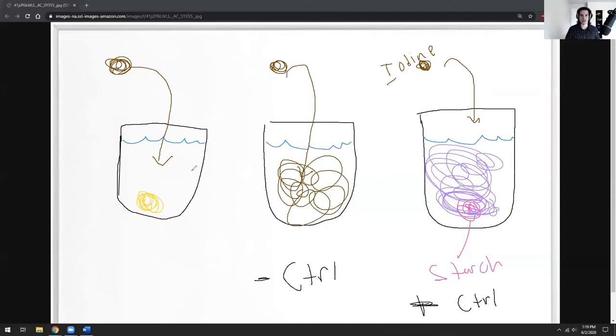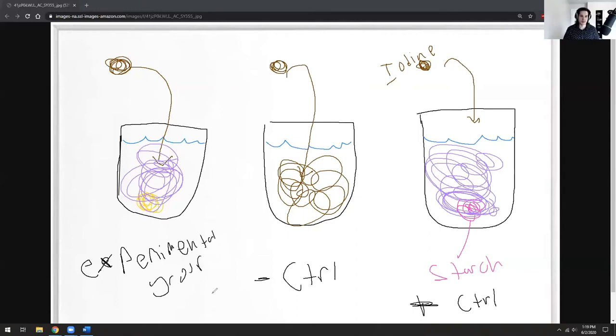Now, when we happen to do that in the lab, we get a purple solution. So here's our experimental group. We compare that to our negative control and our positive control, and then we determine whether it has a positive result or a negative result. So this is our experimental. You get the point, right? Okay, so that's that concept. We have the experimental group, which is the group that we're testing, and we compare it to our negative control and to our positive control.